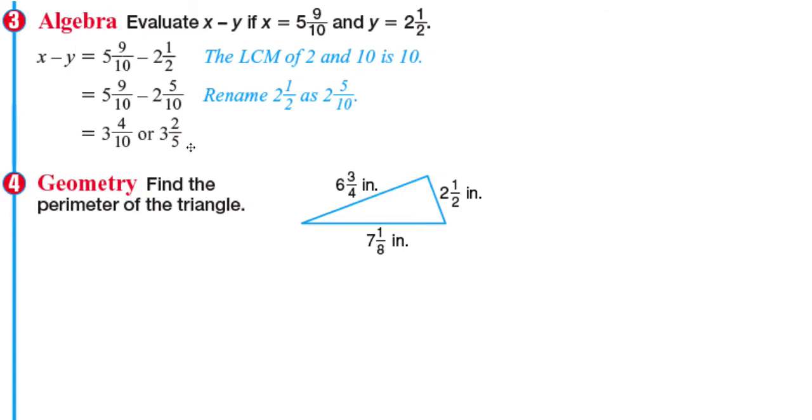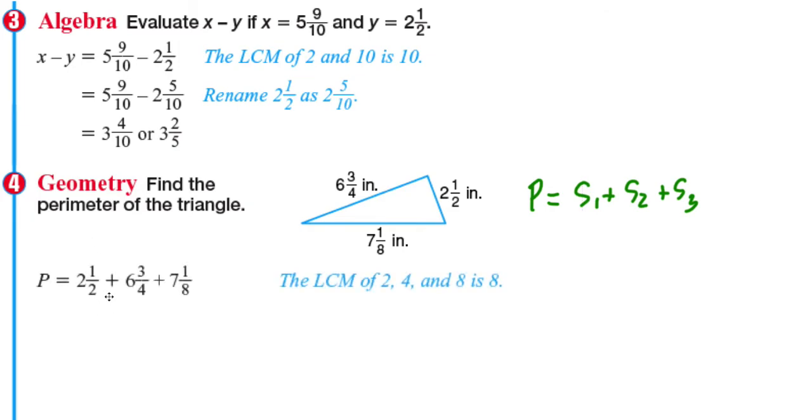We're basically combining all the steps. Last example, geometry: find the perimeter of a triangle. And when you talk about perimeter, let's review. Perimeter is equal to the sum of all the sides. So if you have a triangle, that is side 1 plus side 2 plus side 3. So we're simply adding up all the sides of our triangle. So the perimeter of this triangle should be equal to 2 and 1/2 plus 6 and 3/4 plus 7